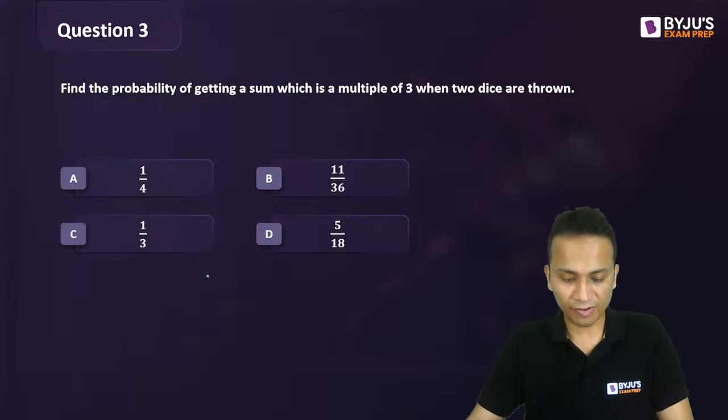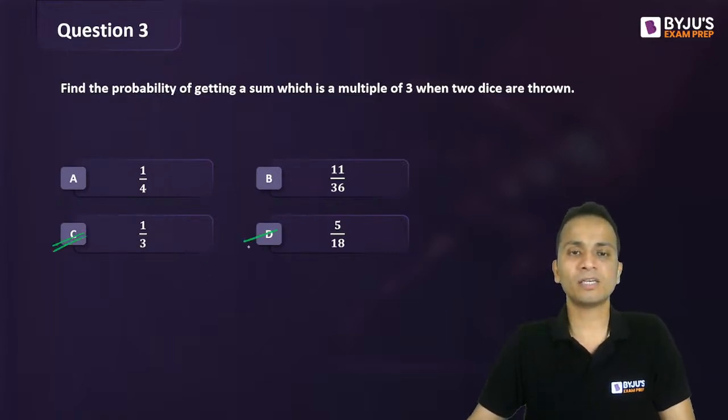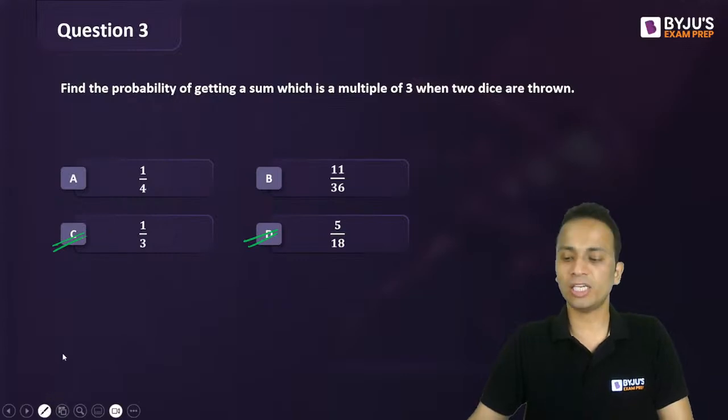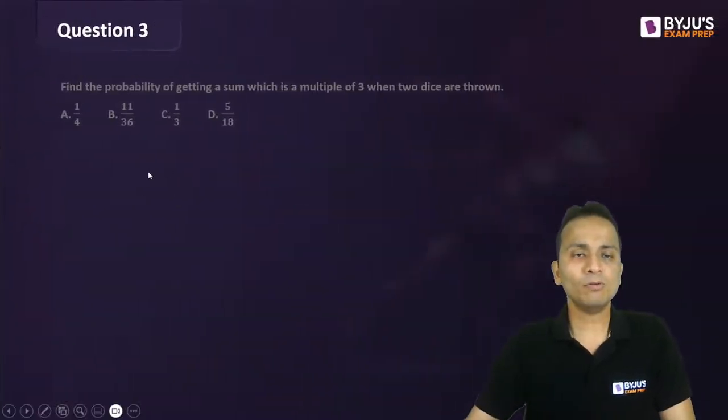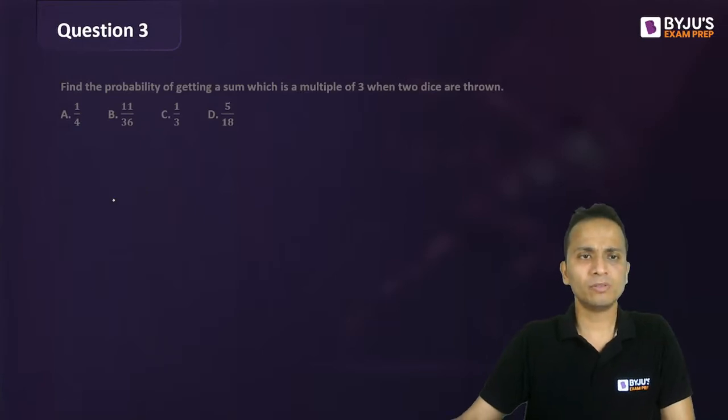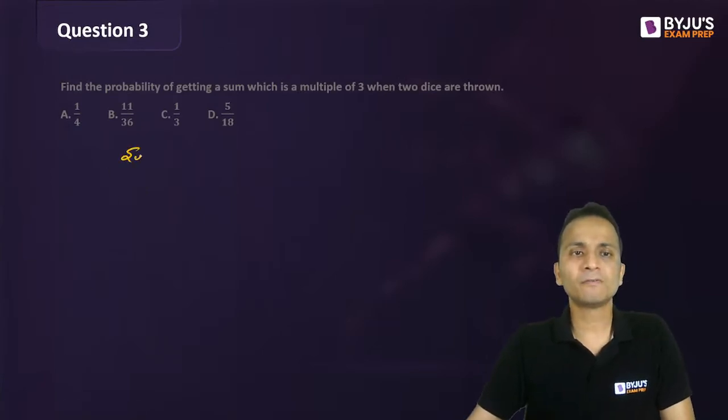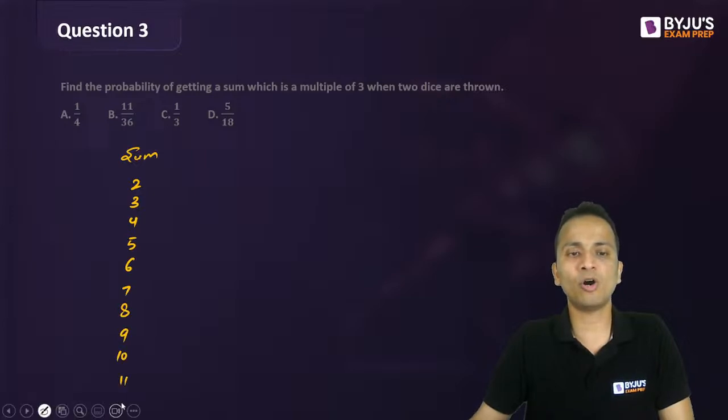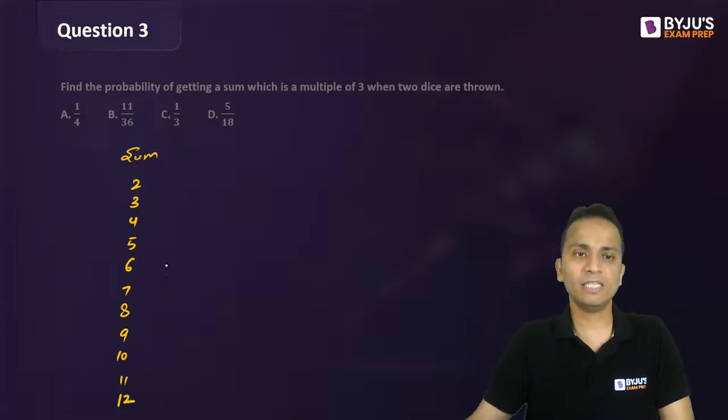Gunja and Mayank have given the answer. Ashwi, Lokesh, Sonu earlier have given the answer. Nice. So option C or option D? There is a competition between these two options. Let's quickly see. Now I'll tell you the sum can be 2, 3, 4, 5, 6, 7, 8, 9, 10, 11 or 12. These can be the possible values of the sum.